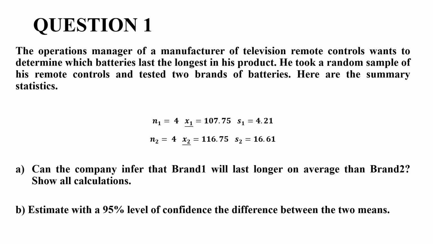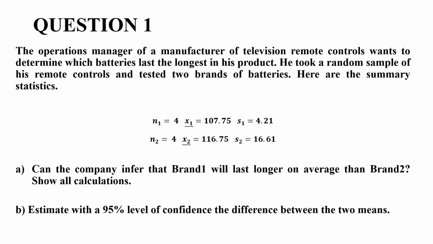We are told that n1, being the sample size for the first sample, was 4, the sample mean x1 was 107.5, and the sample standard deviation s1 was 4.21. For brand 2, we are told that the sample size n2 is equal to 4. The sample mean x2 is 116.75. The sample standard deviation for brand 2 is